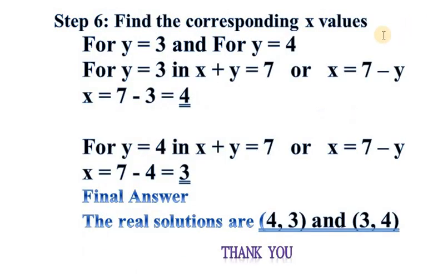Final step: find the corresponding x value for y is equal to 3 and for y is equal to 4. For y is equal to 3, in x plus y is equal to 7, or x is equal to 7 minus y, x will be 4. And for y is equal to 4, in x plus y is equal to 7, or x is equal to 7 minus y, x will be 3 ይሆናል ማለት ነው።